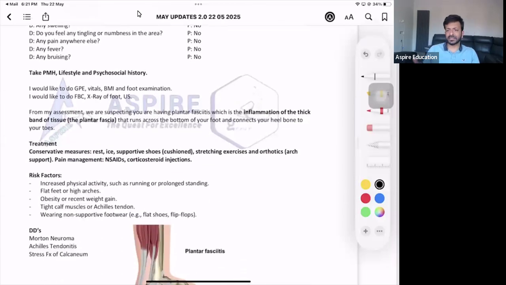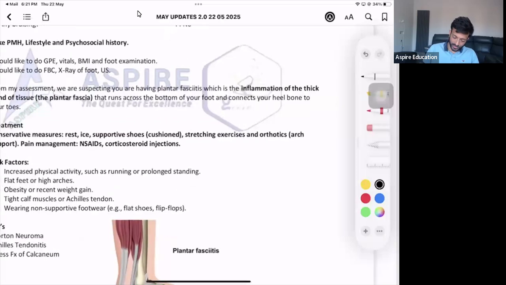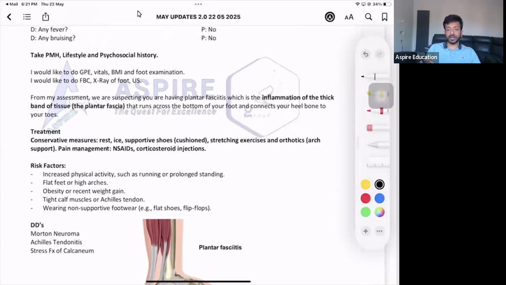The treatment is again painkillers, protection, and ice, compression and elevation, the same thing, right? We can go for corticosteroid injections later on as well. Now, as the patient is having pain down there in the heel, we can advise the patient to wear comfortable shoes as well, supportive footwear, which could be quite helpful. So I think it's easy to differentiate between these two, Morton's neuroma versus plantar fasciitis.